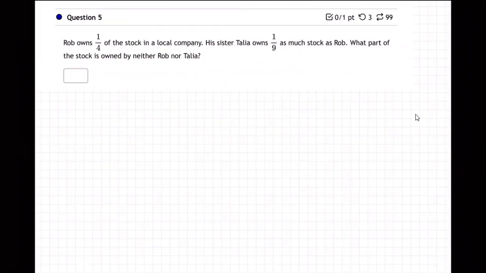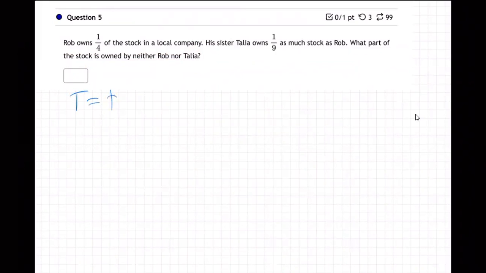Okay, so how are we going to do this? Rob owns 1/4 of the stock in a local company. So we better take it slow. So what's their actual question? What part of the stock is owned by neither Rob nor Talia? All right, well, I'm going to let